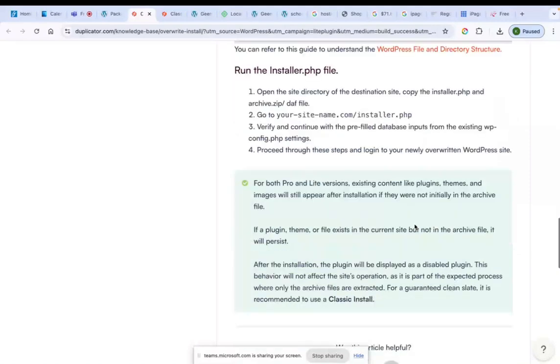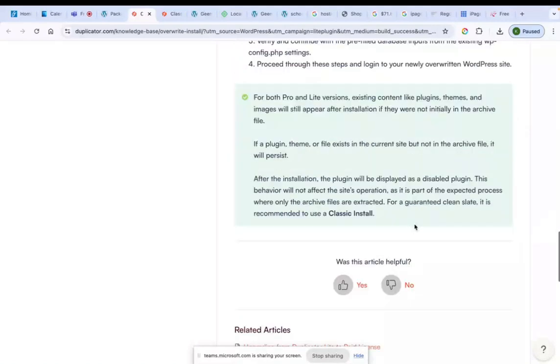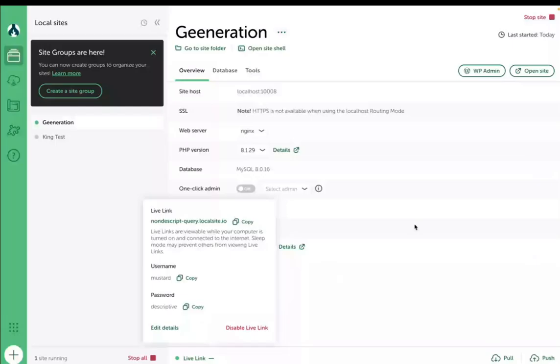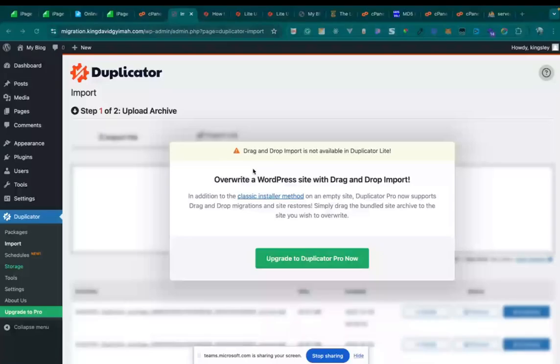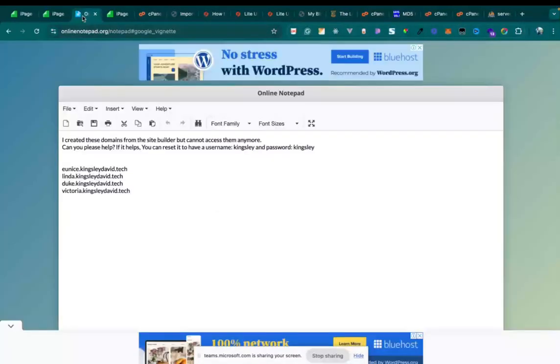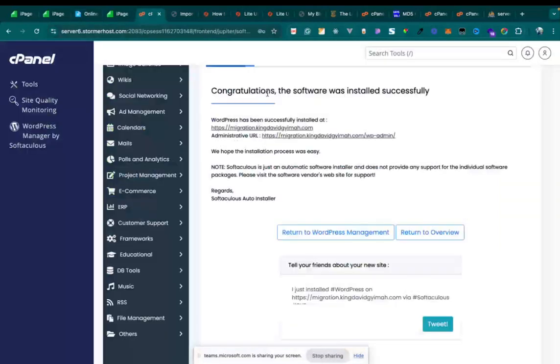Okay, so this is how it works. If I was using the pro version, I would have just dragged or uploaded the two files here and it would do everything for me. But without the pro version, I have a slightly longer process, but it's fine. Let me go to